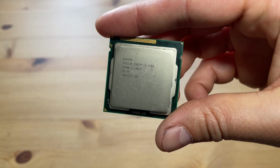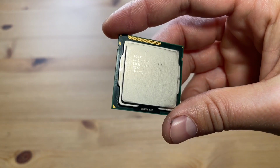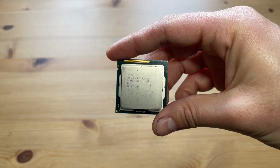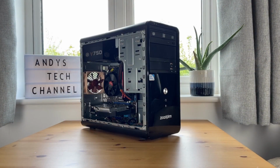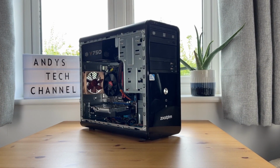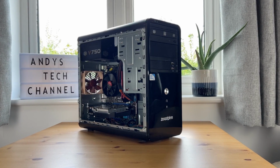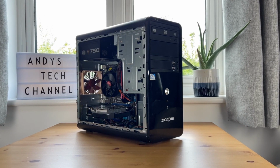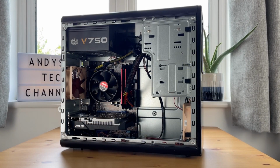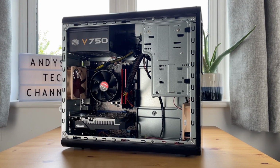Now these can be picked up for around £10 here in the UK, and paired with a cheap H61 motherboard and graphics card could make a cheap option for anyone looking to get into PC gaming, so that's exactly what I've done. And introducing our test system today, we have the i5-2400, an ASUS H61 motherboard paired with 16GB of DDR3 1333 MHz RAM in dual channel, an ASUS GTX 1650, this is the 4GB GDDR6 variant,